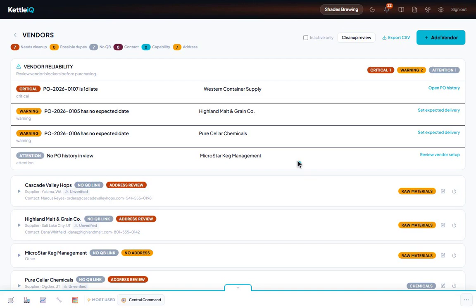As you type the address, I check it against USPS records and confirm it's a valid, deliverable address, so your purchase orders and mailed checks land in the right place. Set what this vendor supplies, ingredients, packaging, or services, so they show up correctly when you're creating purchase orders or